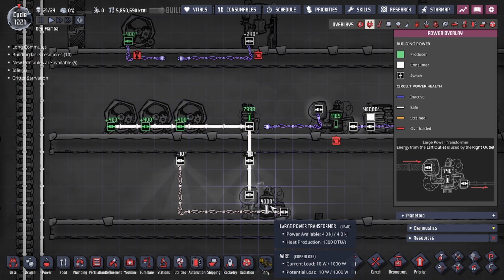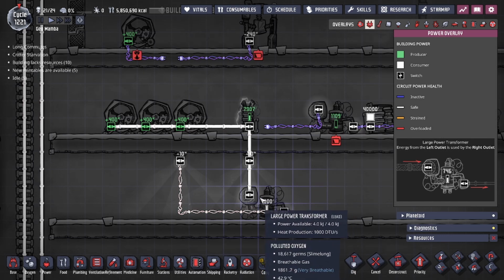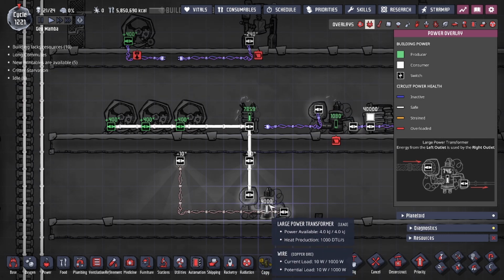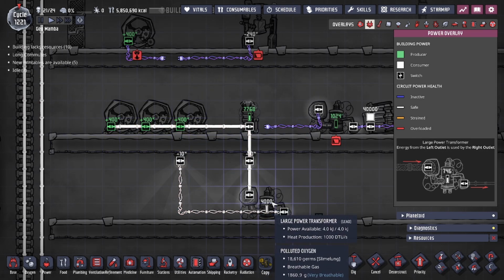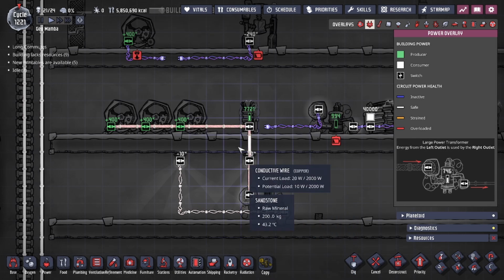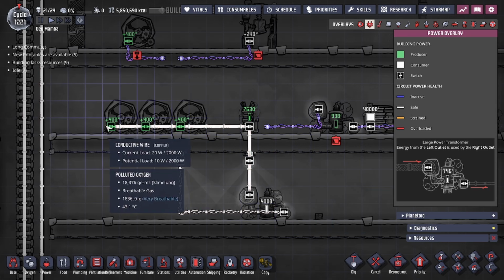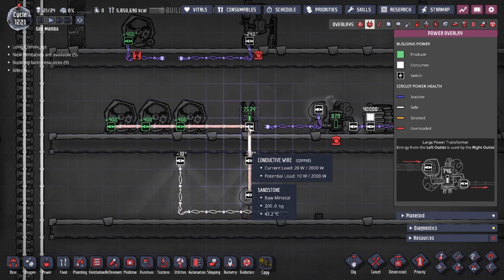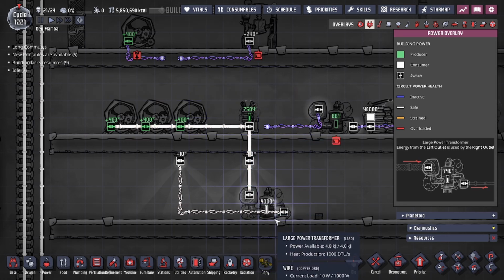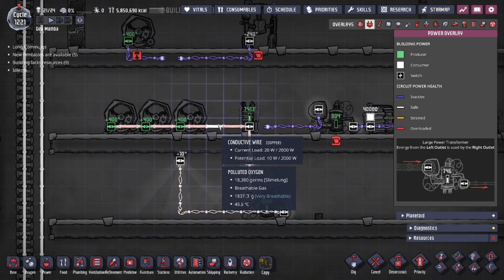The power transformers, what they actually do is act as a miniature battery, pulling the amount of power coming from a battery or generators and storing it on the transformer itself. Not only that, it actually acts as a one-way for power, if that makes sense. We take the larger line here, feed it into the top, which is going to be the feed into the transformer, and then on the feed out, we create a new line that's going to be separate from the existing